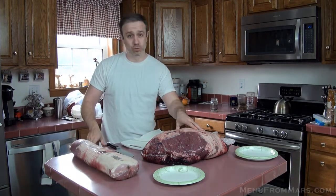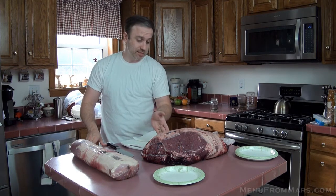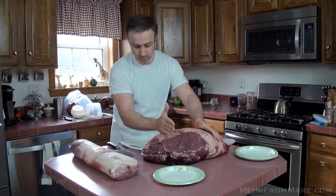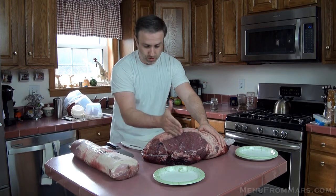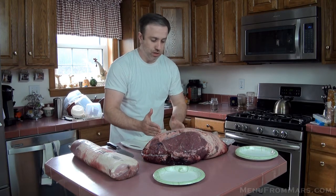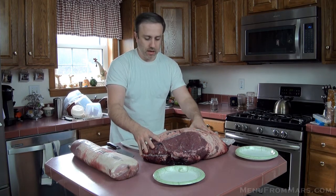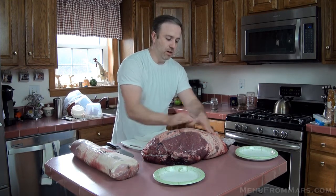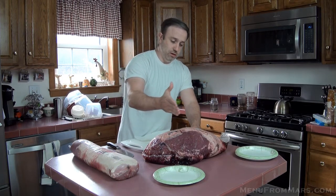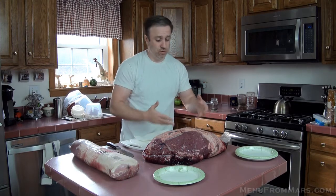I was going to do a roast as well, but believe it or not, on the back end of the steak cap is a roast. This will actually get cut into 3 different sections. You'll have your first cut, which will come down this way, and then you'll have the centerpiece, which is usually all I get, but I happen to find a whole one this time. And then you cut your steaks from here, and on the back end, the hard end back over here, you would cut your roast. I'm going to make it chili meat,